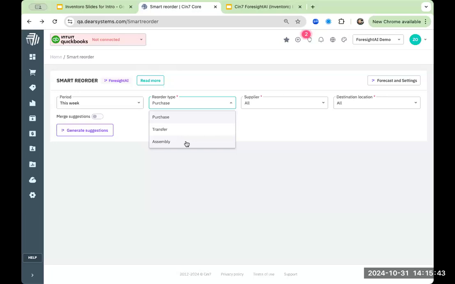If we're thinking about how ForesightAI works, because it is sales forecasting software, it's working backwards. It's using all this technology to come up with a sales forecast, and from there it wants the inventory to match the sales forecast, give or take some safety stock. But with that, it's going to want to help you